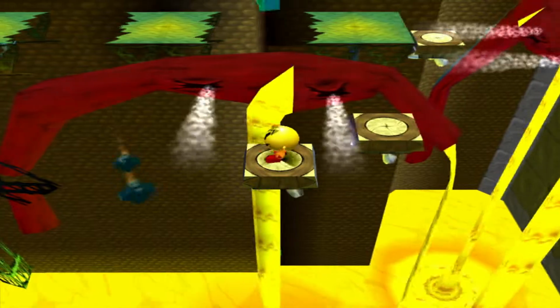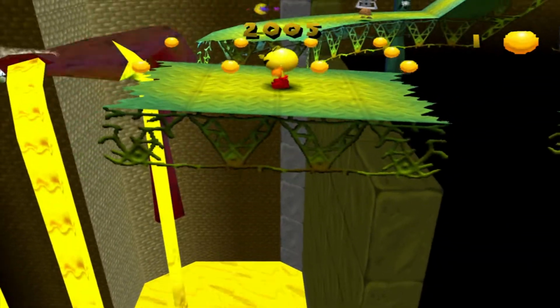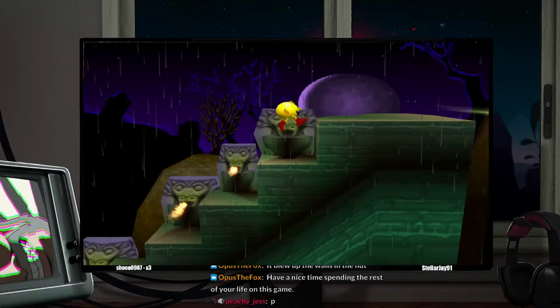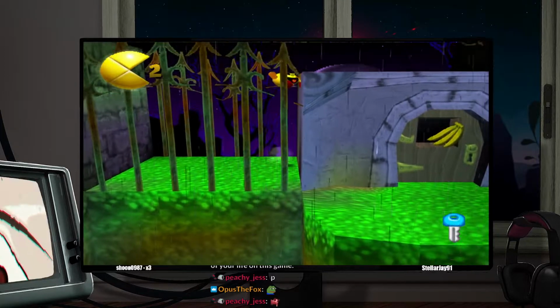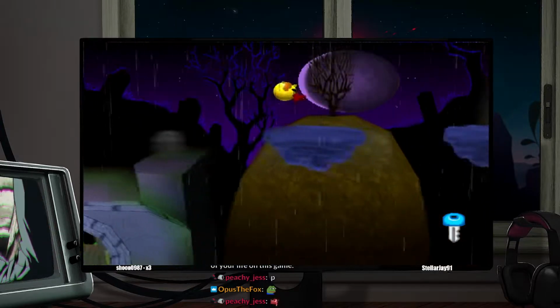Awesome. This jump right here is an example of a major flaw for this game. Due to the camera's position and the inability to rotate it, you cannot tell how far you have to jump in order to reach the next platform. This level is very light on these jumps, but throughout the game there are many jumps like this that cause